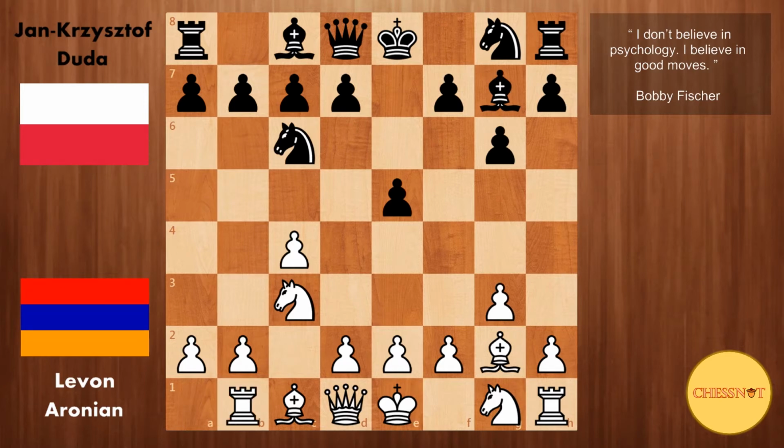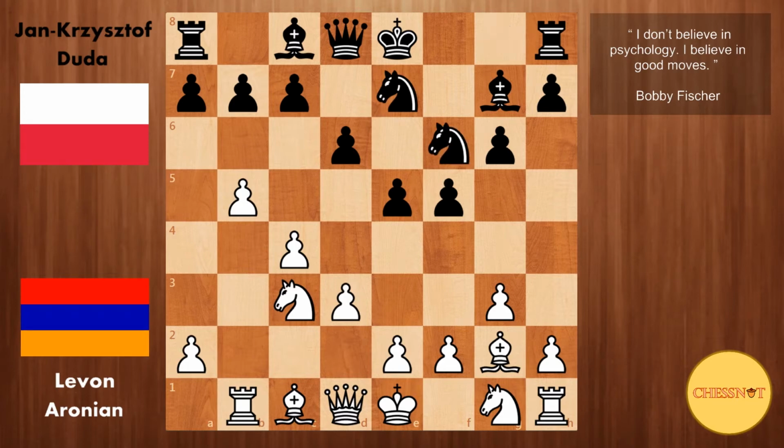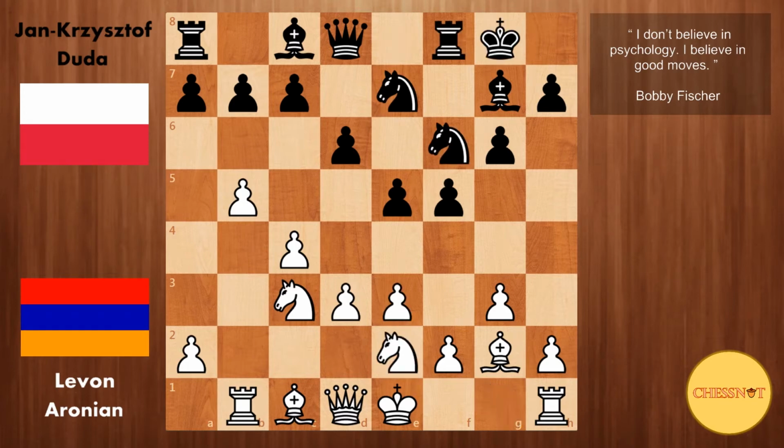This gets the rook out of the a1-h8 diagonal, and also white is preparing to push b4 and b5. d6 from Duda, we have b4 and here f5. So black is going for sort of a King's Indian defense structure, trying to storm his pawns on the kingside. b5 from Aronian, knight c to e7, d3, knight f6 from Duda, e3 from Aronian, black castles, knight g e2,